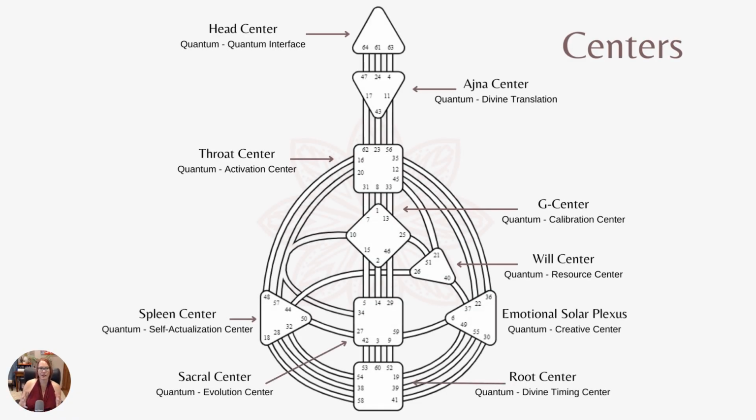So our next one, we're talking centers. So the centers are based on the chakra system. And most people know the chakras. We have head, ajna, throat, heart, sacral or solar plexus, sacral, and then root. And so normally in the chakras, we start with the root is chakra 1 and we move our way up, and then there's actually more that keep going.